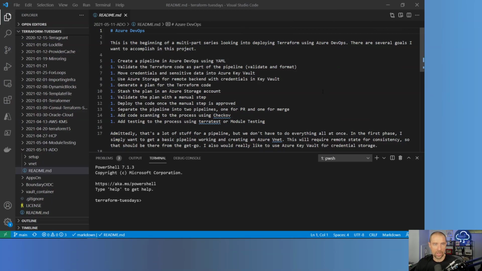So let's go over to Visual Studio Code and take a look at what I've created so far to set up my Azure DevOps pipeline. All right, here we are in Visual Studio Code, and the folder we're working in today is